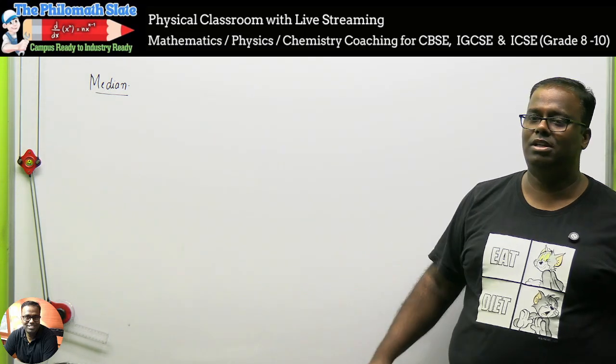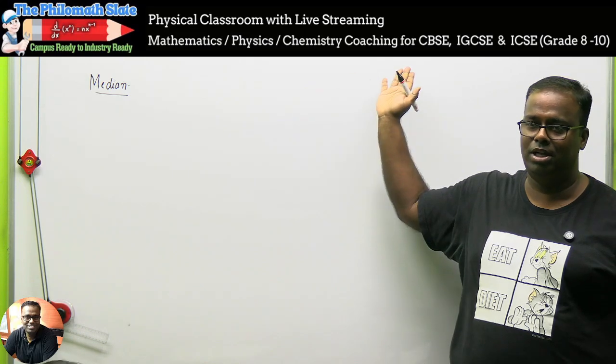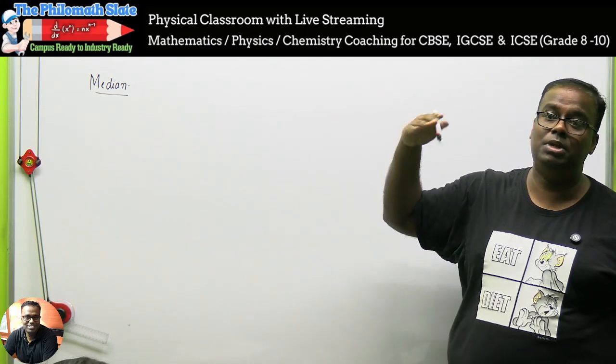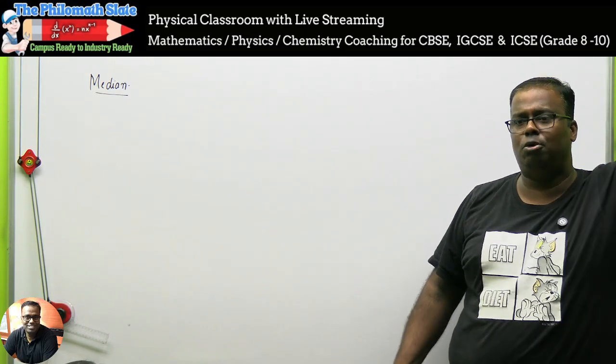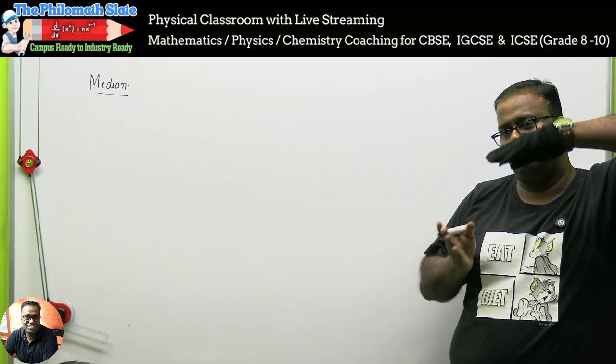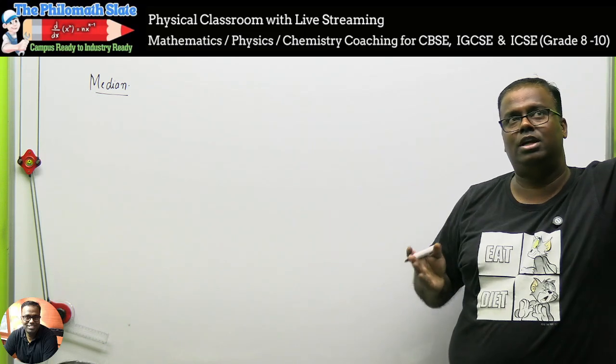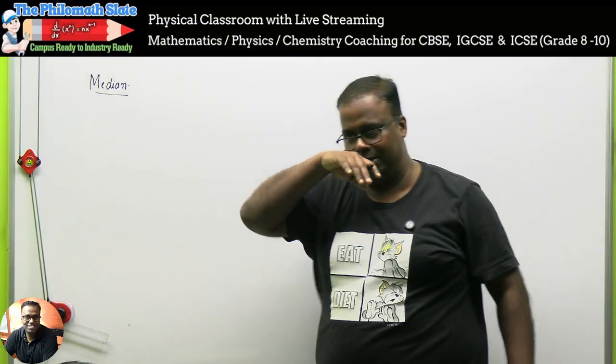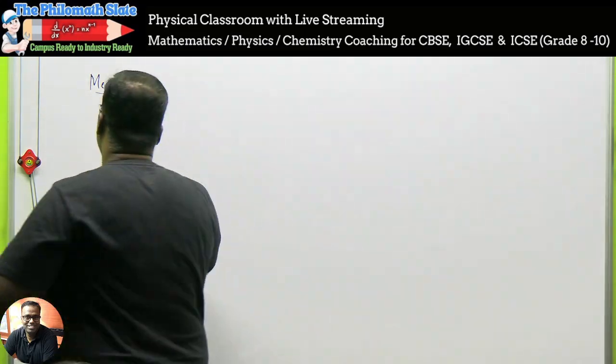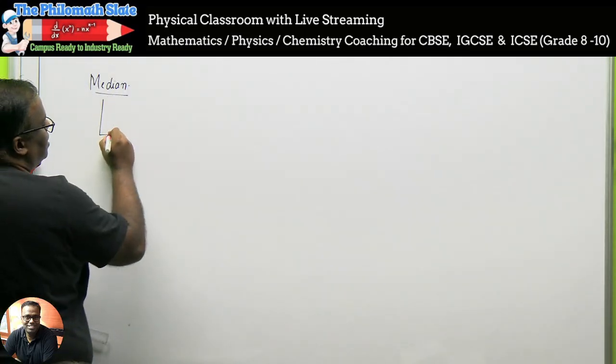In such cases, like I showed you the example of Bill Gates coming in, the median makes sense. Bill Gates was like a boiler with a huge temperature, and the rest are all like refrigerators. So with this data you cannot take the mean; in such cases we take the median. So what is the basic idea of the median? Median is always the middle